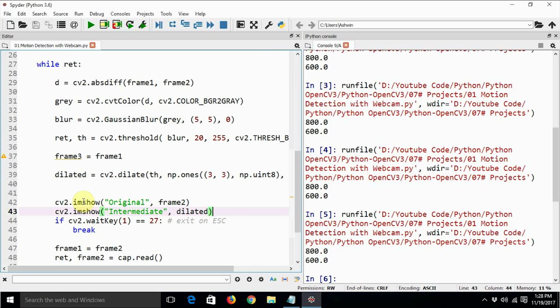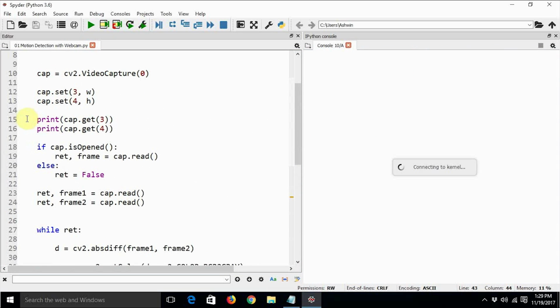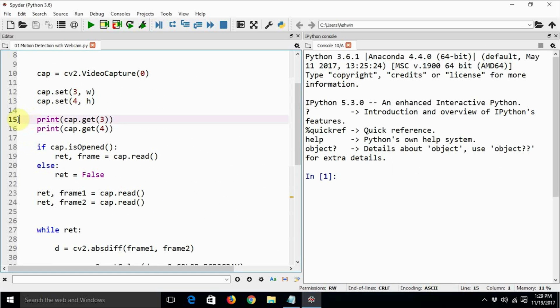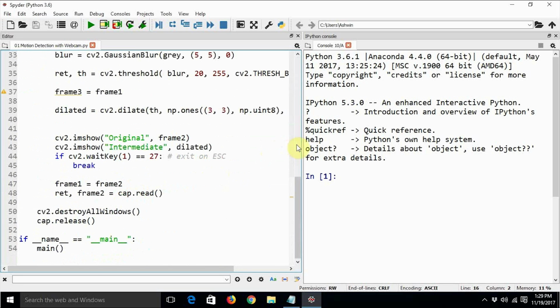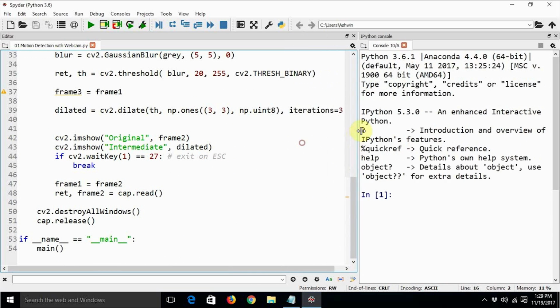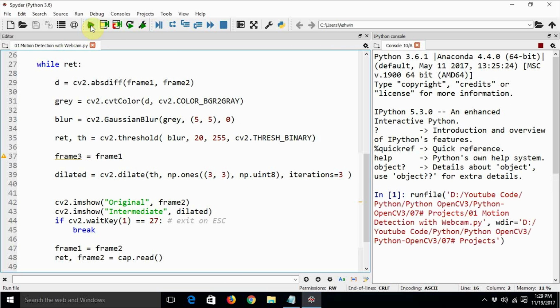Will it be fine? Yeah. Let's clear this and also clean this print cap. I had printed these lines to see if the resolution of the camera that I set was supported or not. Now let us see how the dilated image looks. It would look cool.